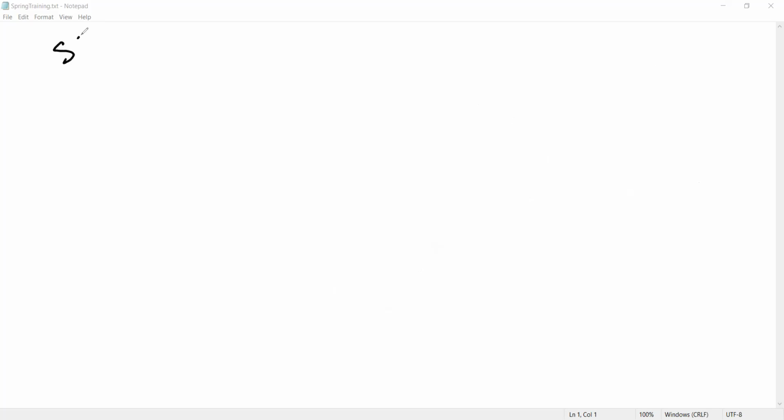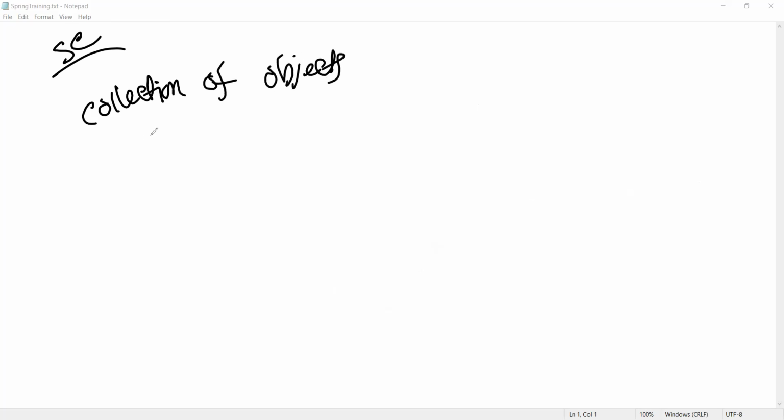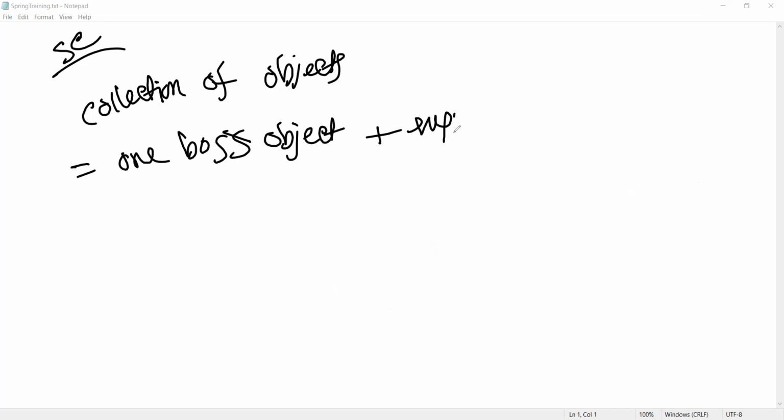So what is Spring container? A collection of objects: one boss object and some supporting objects.